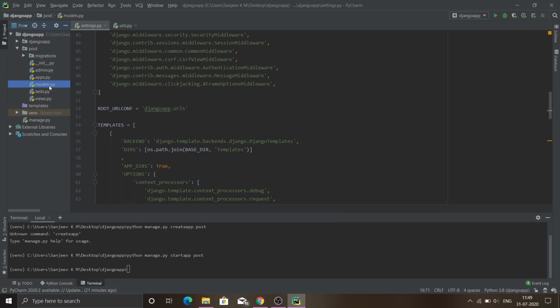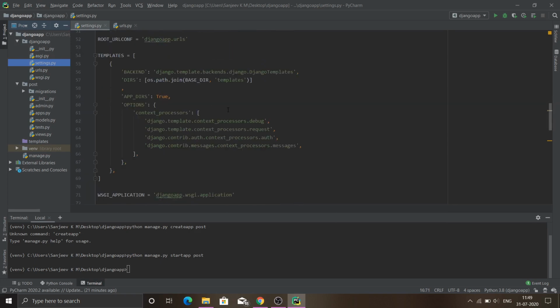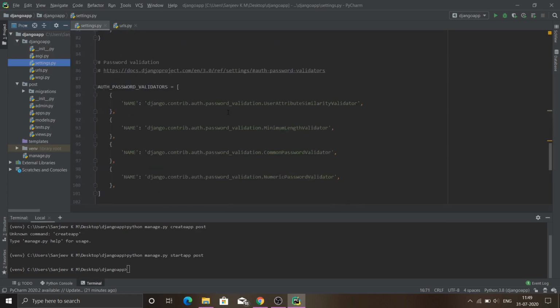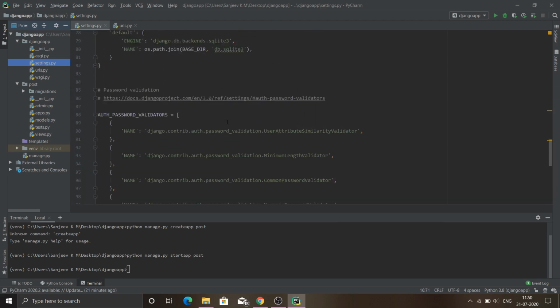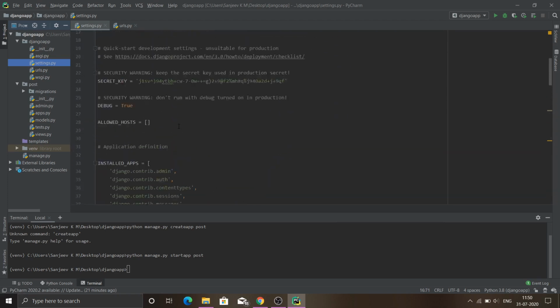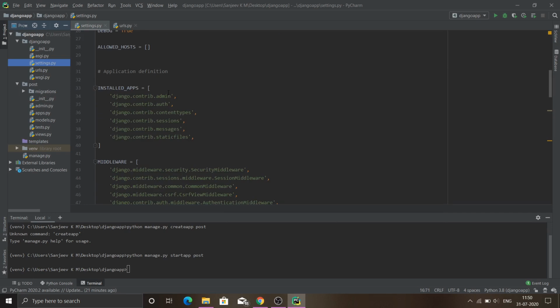Before going into the models.py file, let me go into the settings.py file right in our Django app directory. In here, you can see an array of installed applications. This provides the list of the installed applications in our Django project.